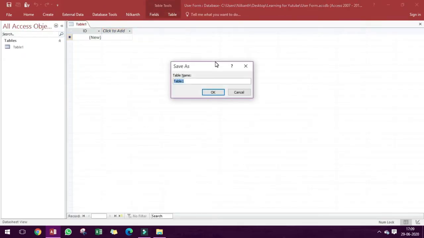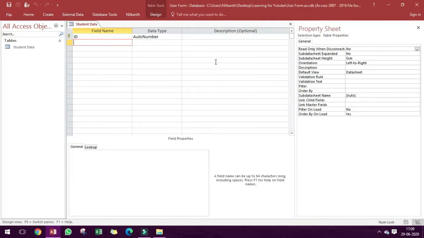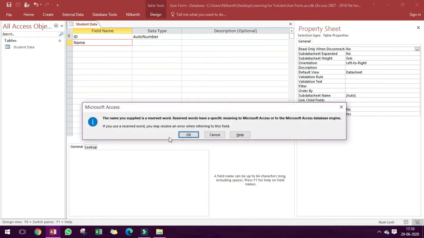First we will add a table here for some kind of data, just like we have to take student data. Here we will take the information of the student, like their name.